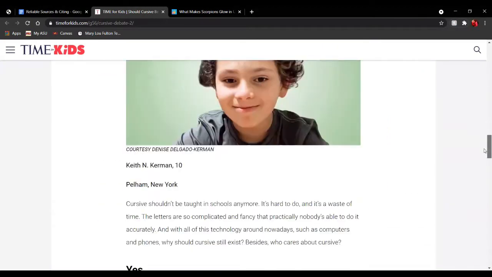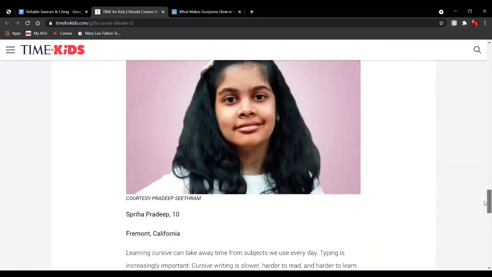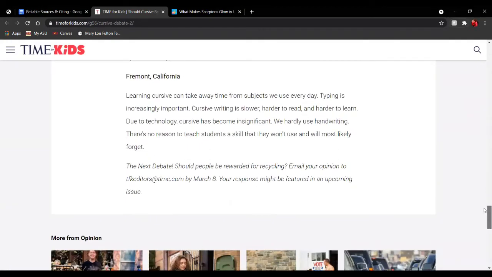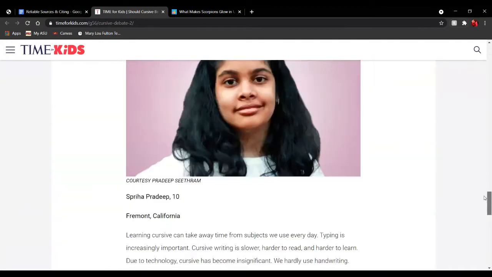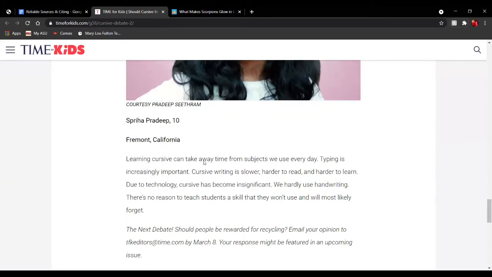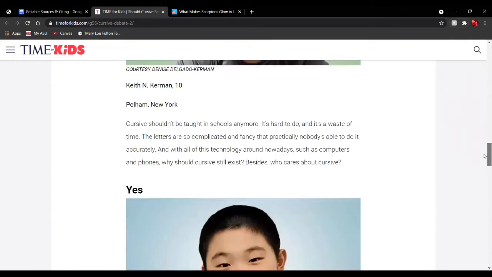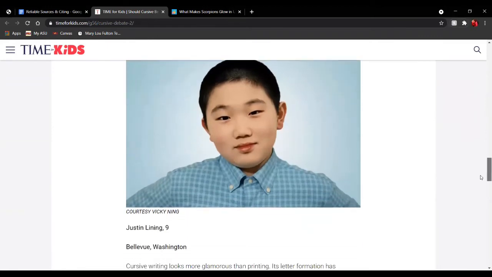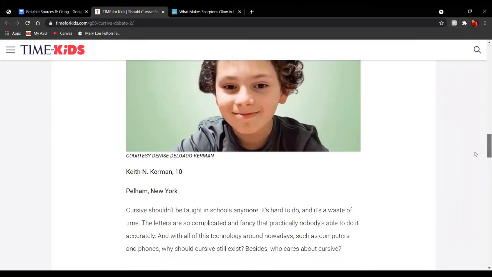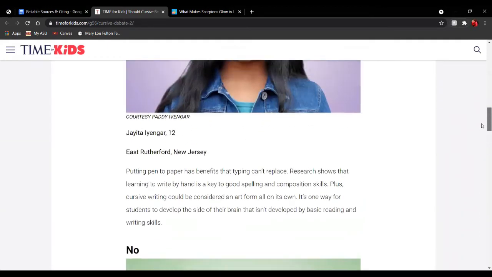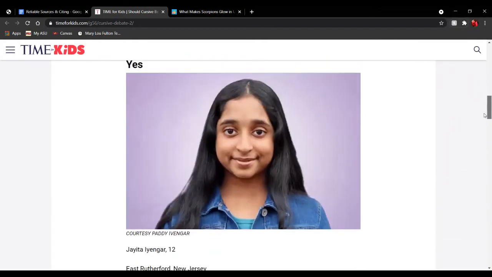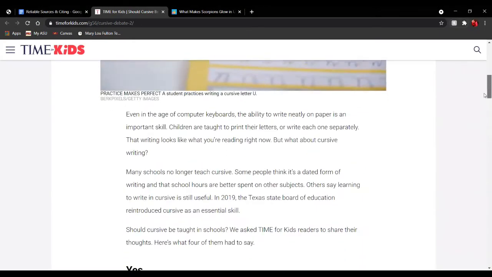This article is a little longer, so we won't be reading all of it, but there are different authors. Each of these kids gives their opinion. Some say no, some say yes, on if cursive should be taught in schools. So this is an opinion article. Each of these kids is giving their own opinion on if cursive should be taught, but we can read this